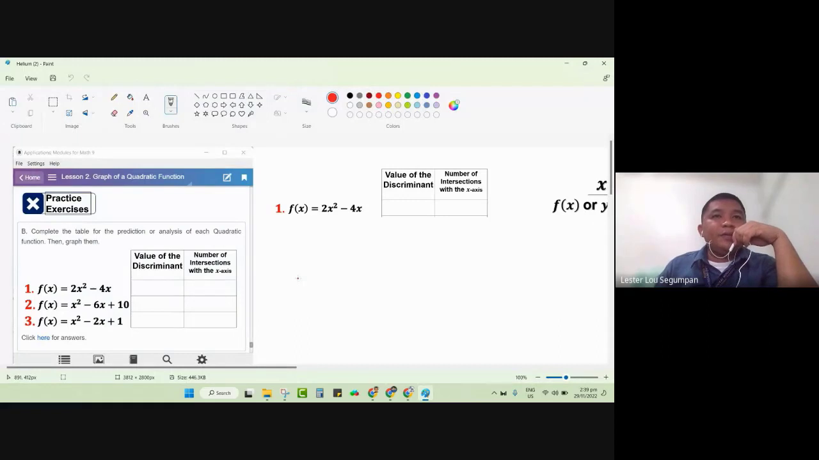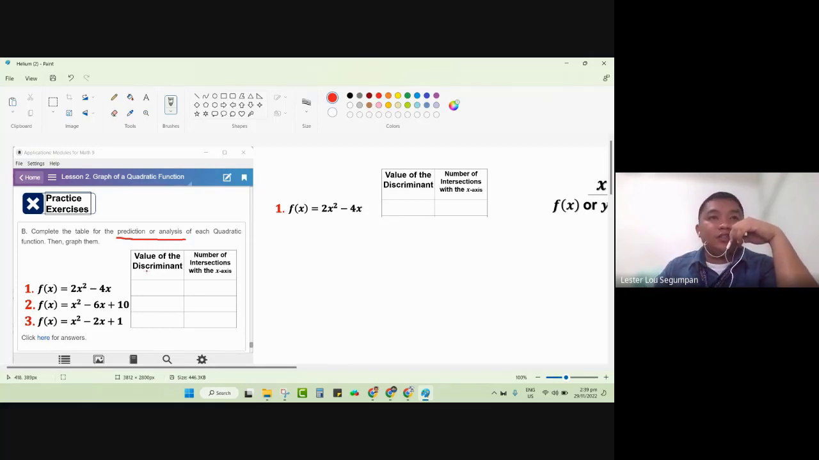Okay, for this practice exercise, what you need to do is to predict the function or the graph of the function using the value of the discriminant. The value of the discriminant will further tell us later the number of intersections our parabolic graph will have against the x-axis. And it will be further clarified in the next lesson what we call the number